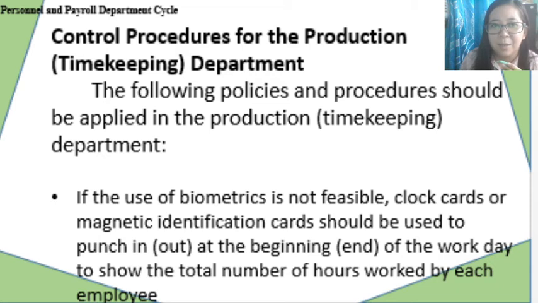But if that is not feasible, then the entity could use clock cards instead, or magnetic ID, to punch in and out for the beginning and end of their workday, to show the total number of hours that the employee has worked. A clock card, on the other hand, is a piece of document or magnetic card which is punched in. That is actually the traditional time in and out that was used